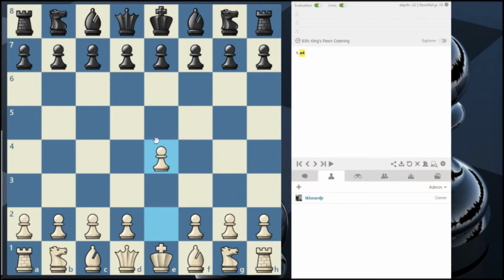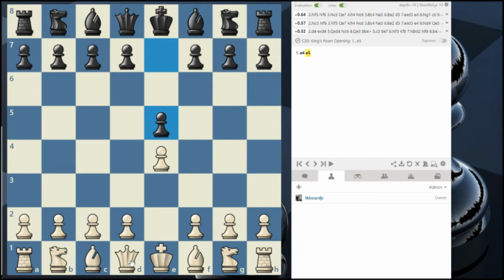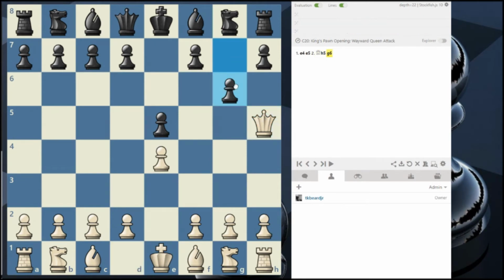Let's say white played e4, black played e5, and white decided, well, you know what? I'm going to bring my queen out here to h5. Black, if they are still in the beginning phases, they might see that their opponent brought out their queen early. That might intimidate them. They might get a little scared and play anxiously instead of playing more solid moves. In this case, let's say black plays pawn at